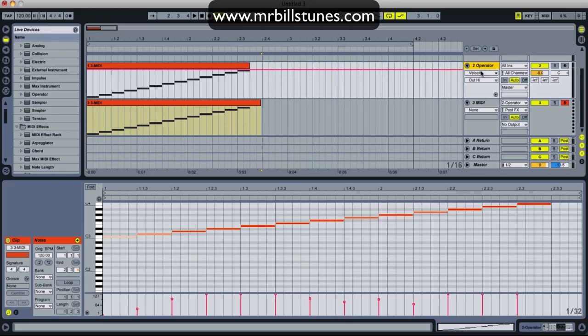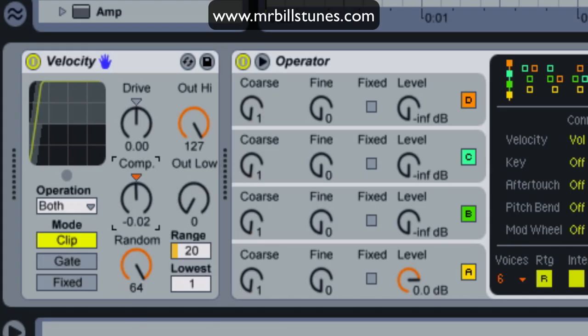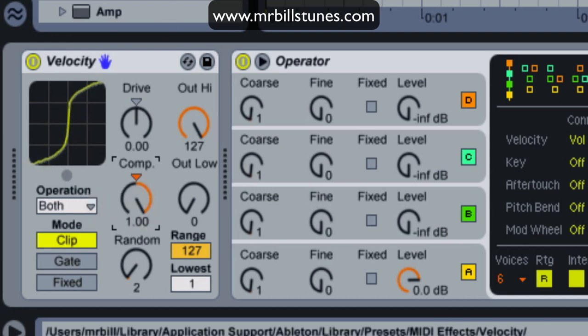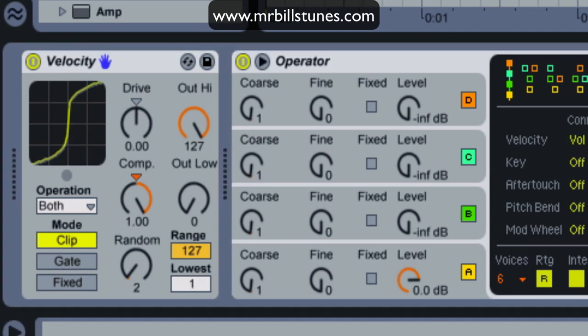And then we have a setting called comp, and this stands for compand. So a compander is an expander as well as a compressor. So this basically expands and compresses the curve to create a more complex curve. So if we bring the randomness down and bring the range up and then hit compand, you can see it starts to create a bit of a weird curve. So notes will just start snapping to velocities like that. So if we record that,